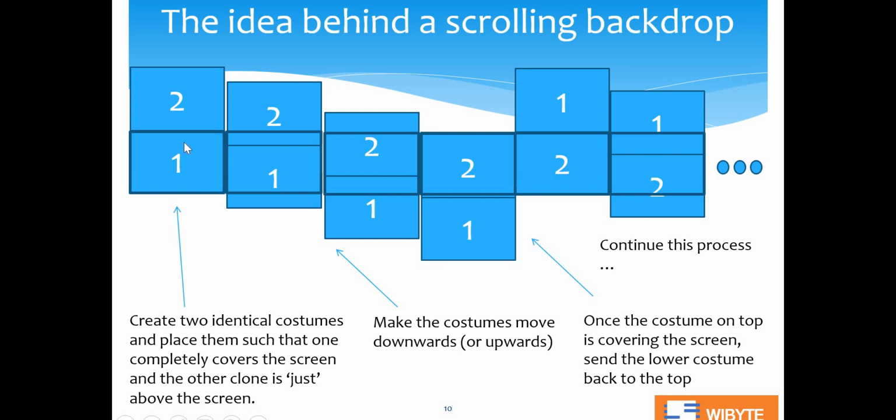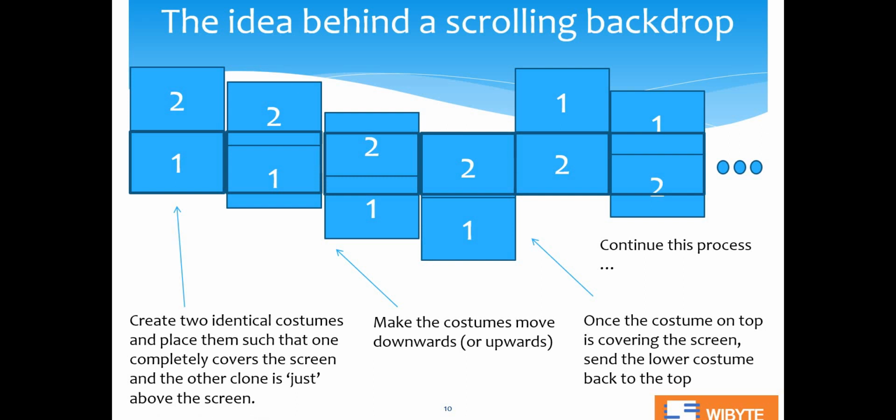And also if the scenery is such that there is a kind of continuity here, like in our highway, there's some kind of continuity in the scene, so it will really look like the backdrop is scrolling. And that's what I meant by choosing a suitable backdrop. So now if I keep bringing my one down, I'll reach a point when, let's say, it's like this. After some time, the second costume will be sitting perfectly where one was some time ago, and this guy will be, say, hypothetically, in some kind of basement which is beyond your vision.